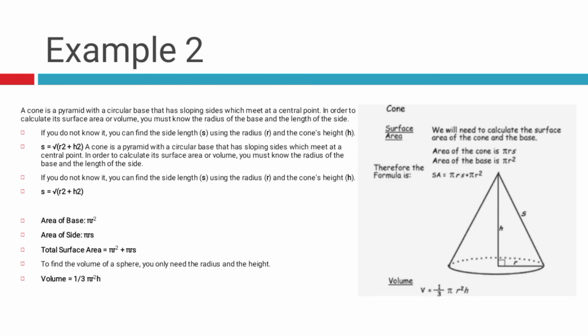Pi r squared is also the same formula for solving a circle. Why? Because the base of a cone is a circle. Do you understand? The base of a cone is a circle. So now, what we'll be looking at here is